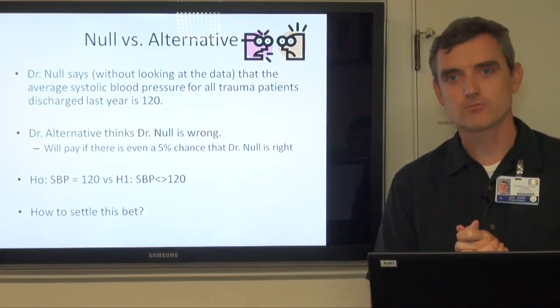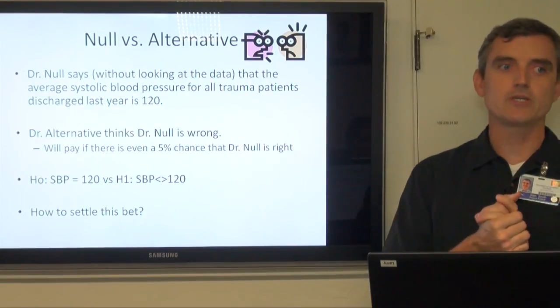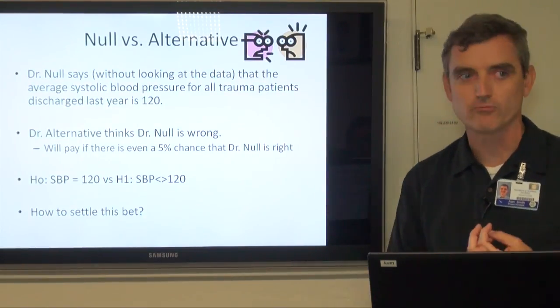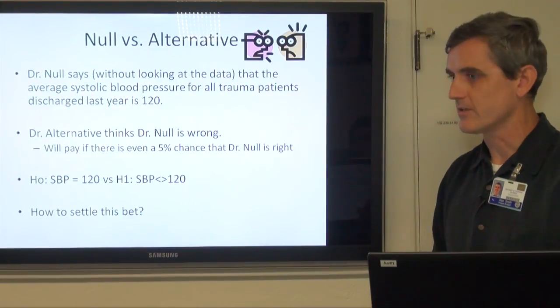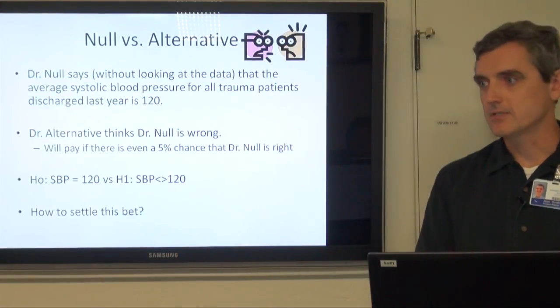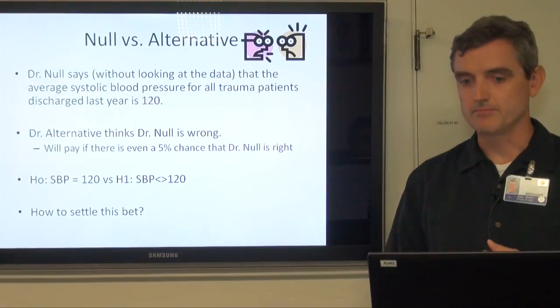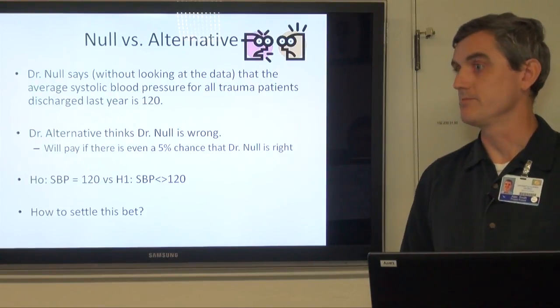Dr. Null is extremely jealous of Dr. Alternative because even though Null is usually right, Alternative gets all the glory and all the publications because nobody publishes null findings,